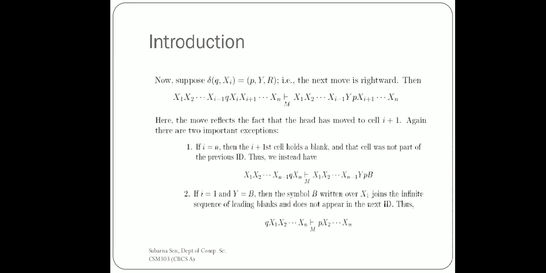since it will move right, just see, the position of p previously was before xi, since it is scanning the ith location. So after moving right, p will move just after xi, which has been written to y now. So after y, p will be placed. And similarly, if these two are